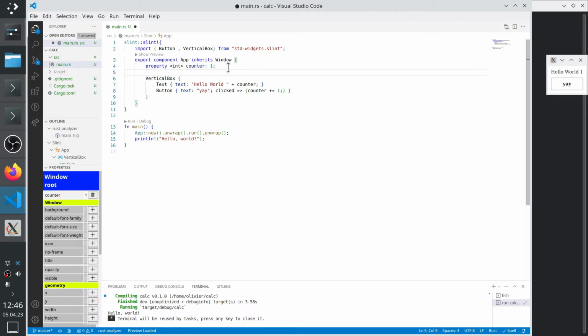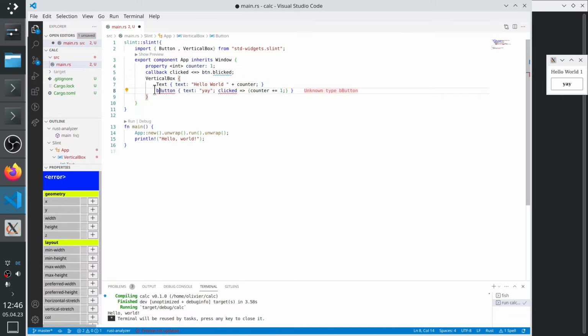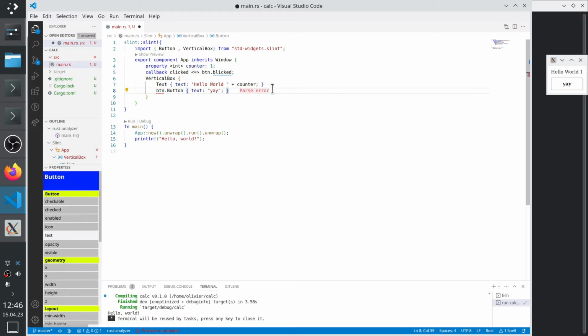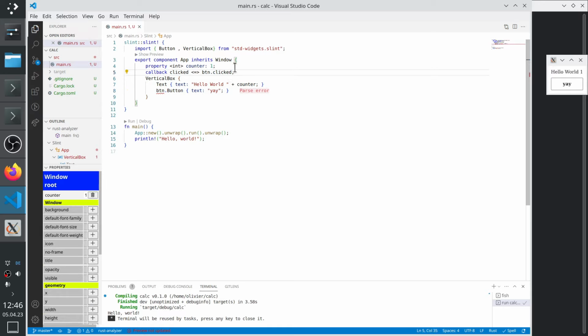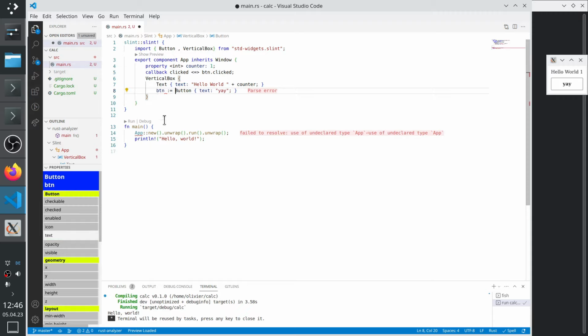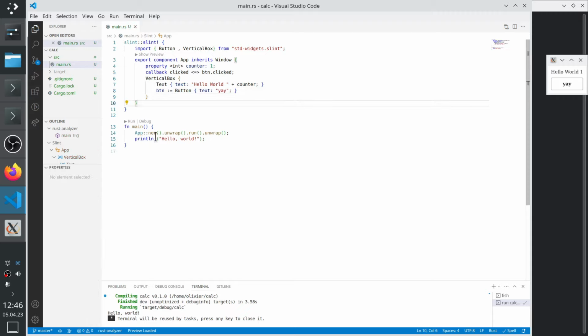So let's add a callback clicked, and this is gonna be an alias for our button dot clicked. So we just give a name here to the button, and we remove this button. We're just giving a name to the button, and that should be it. So now let's put the app in a variable,